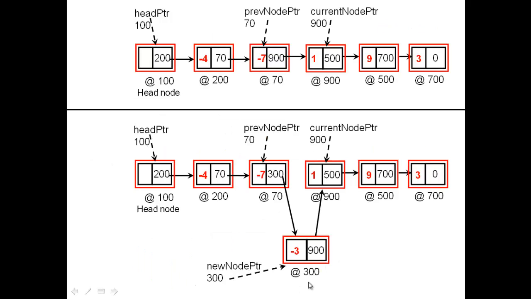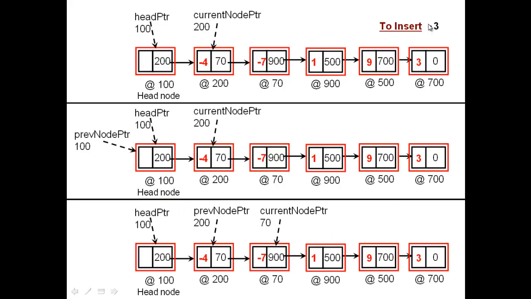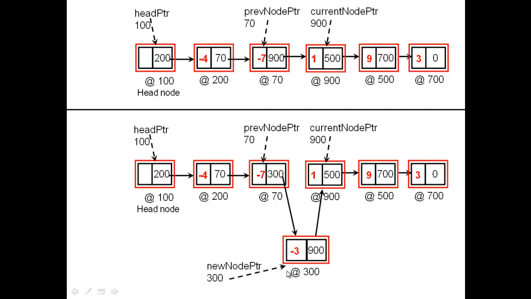Let us say the new node is set up at address 300, and the new node pointer is pointing to that address. And then you can enter the data, which is the -3 that you want to insert, as the data for that new node. And then all you have to do is break this link from the last negative integer to the positive integer. So this previous node pointed to by the previous node pointer, its next node pointer should no longer be this 900,